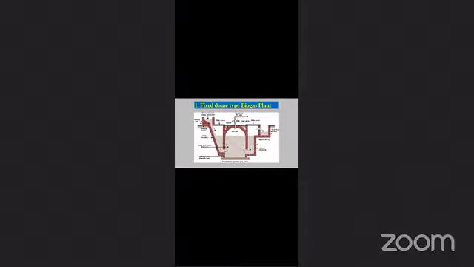So this is a fixed dome type of biogas plant. Almost all the parts are the same. The only difference between these two is that in the fixed dome, the gas holder is in a fixed position, which is made up of bricks, and it cannot move. Whereas in the floating type, the gas holder is made up of metal and it can move up and down on the basis of the biogas contained in it.